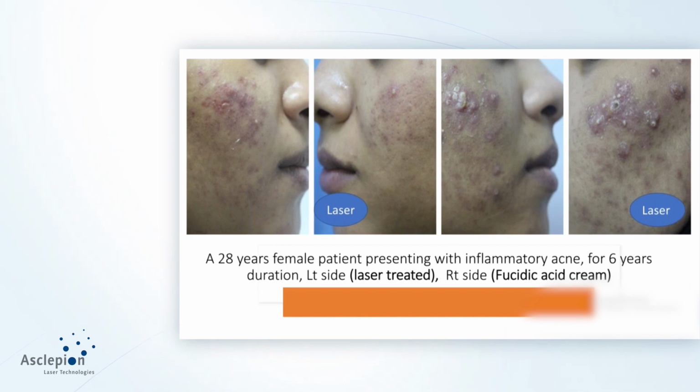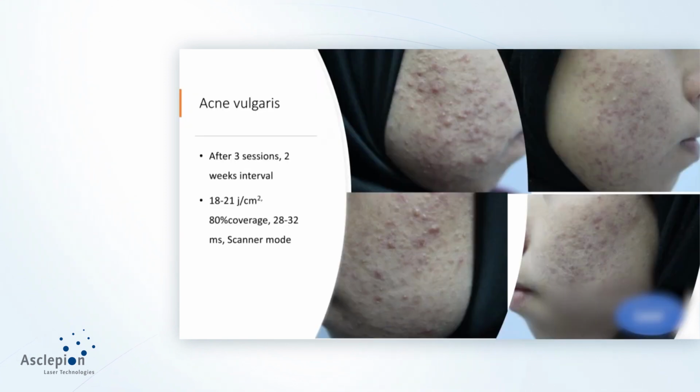In this case of acne, the left side was treated by laser, the right side was treated by systemic and topical antibiotic. After 3 sessions, 2 weeks apart, there is near complete improvement in the laser-treated side and partial improvement in the right side, the non-laser-treated side. But the efficacy of QuadroStarPRO in acne is not only in the vascular form. The most important effect of QuadroStar in acne is in severe forms of acne, like nodulocystic acne.